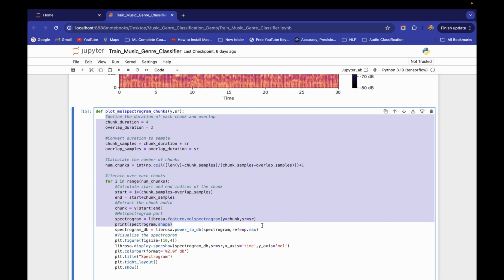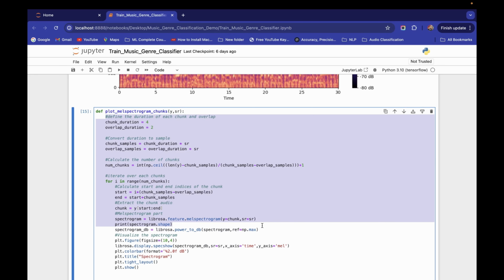I will import resize from tensorflow.image. I want to resize using TensorFlow, so we have to resize the matrix to 150 cross 150. The resizing part we will do here.